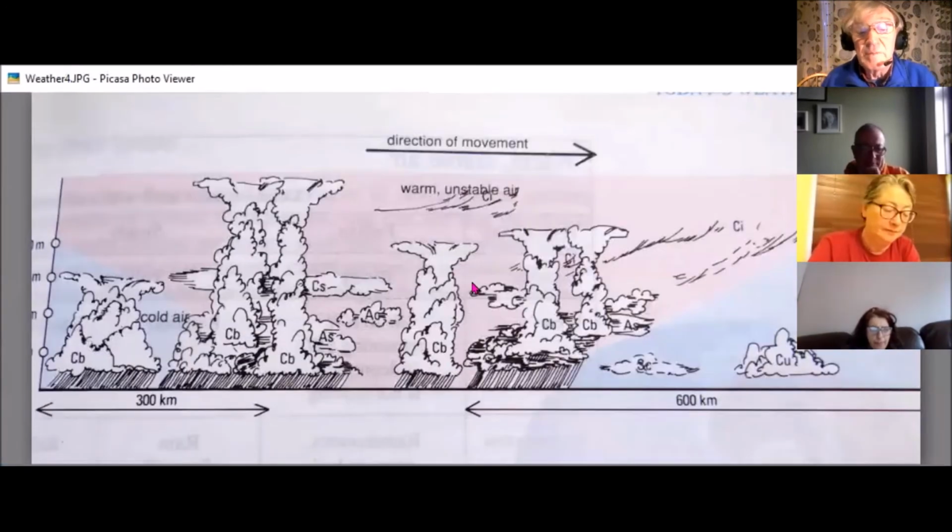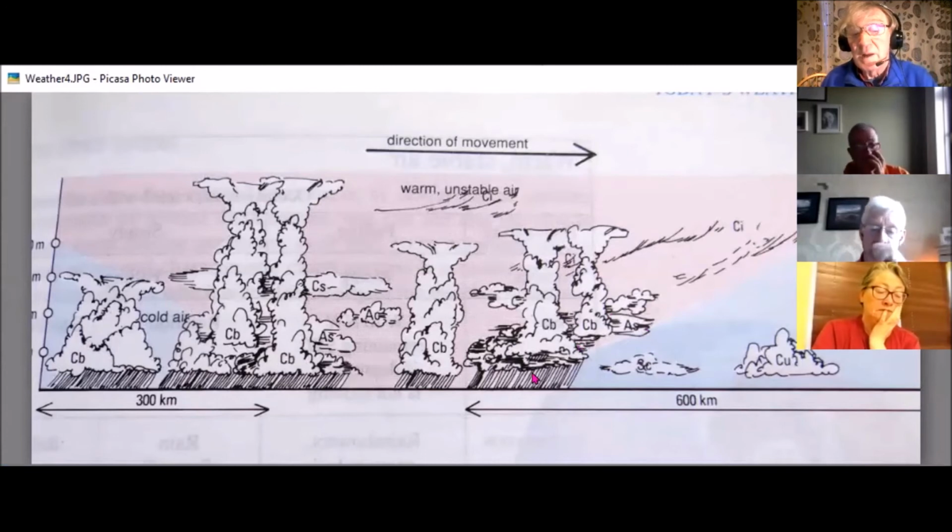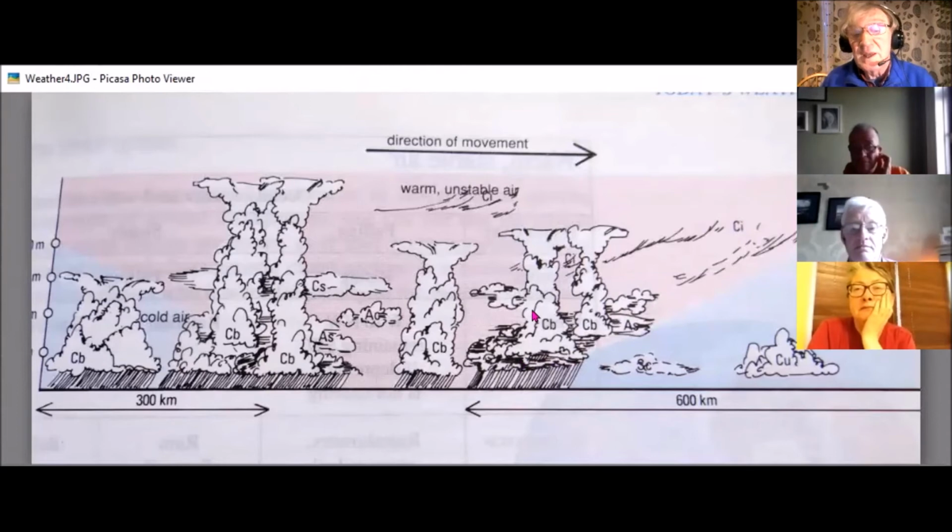This is what an occluded front looks like. And you can see the long high cloud that gently angles down to a flat cloud. The base of the cloud's fairly flat and fairly low. But the cumulonimbus activity, which again can be vigorous in an occluded front, and you might see this on Thursday,